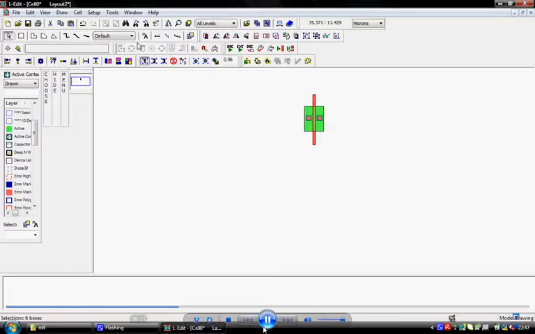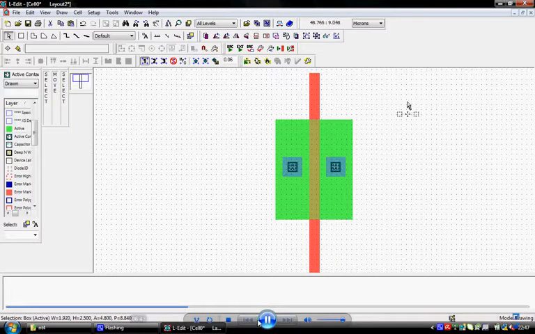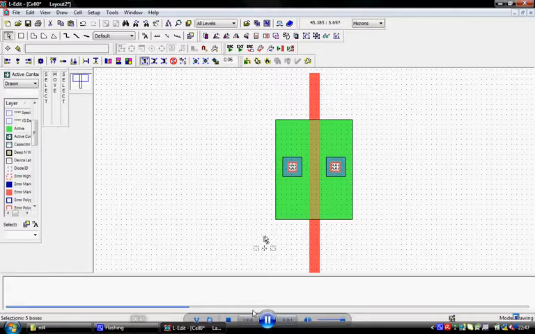Copy the whole, select all, copy it, then paste it below it. So this will be adding as base for diffusions as well as poly material for both PMOS and NMOS. Copy this layer, select this layer using active layer, metal as well as active contact, copy it,